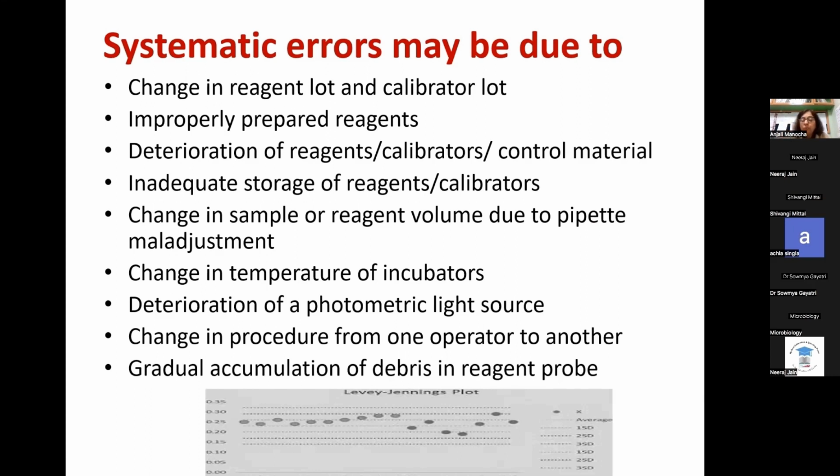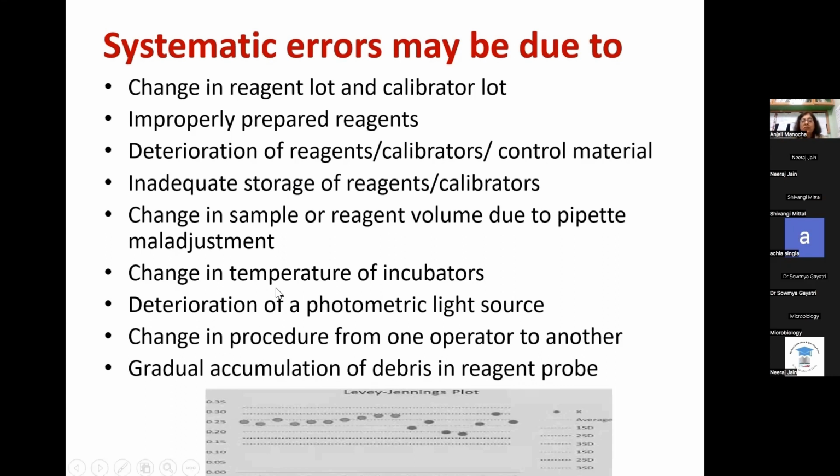The reagent is being improperly prepared. Now here, the SOP was not there, the documentation was not there, the technician who normally prepares reagents was on leave, somebody else did it in their place, and the reagent was reconstituted with, instead of 5 ml, 4.5 ml. So now when the reagent goes on, as long as the lab is using that particular reagent, there will be a shift from the mean. There could be deterioration of the reagents or calibrators or controls, where every night they are being stored in a fridge which is not maintaining the adequate temperature.